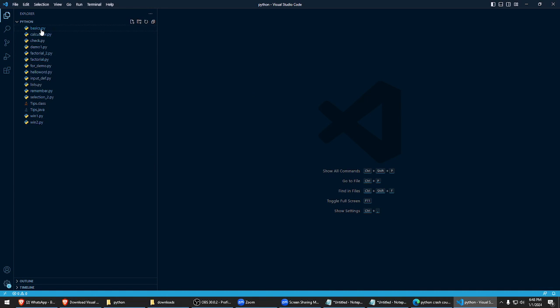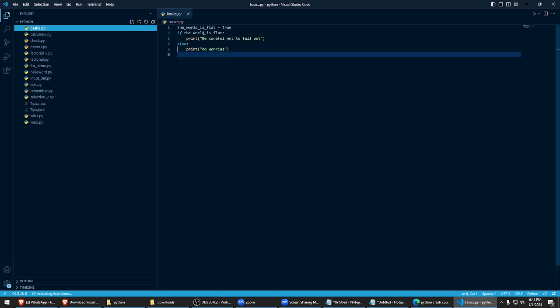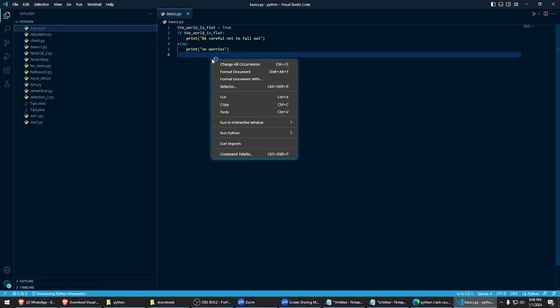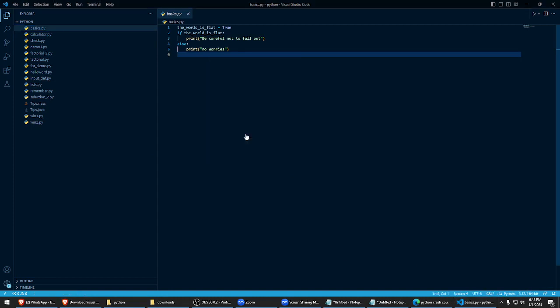Okay, so if you go to the basics, a small piece of code comes up here. So we can run that in the terminal easily. We can run this one. So what I'm going to do is,